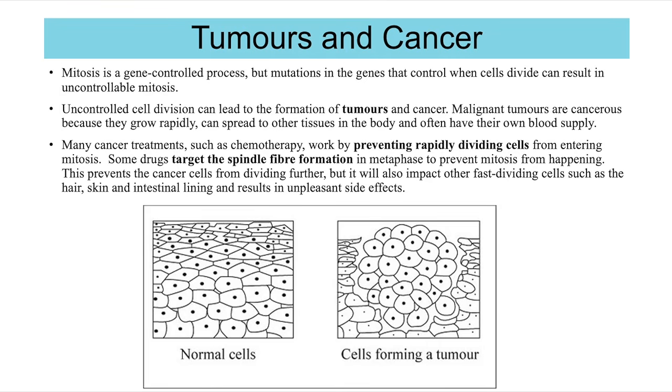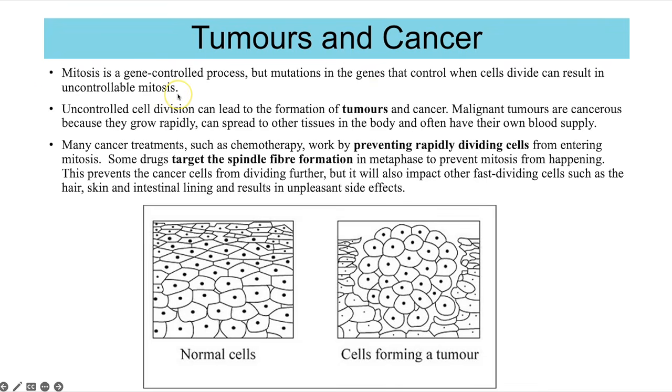And that takes us on to this concept here of what is a tumour and what is cancer. So mitosis, which we're going to be going on to, is a gene-controlled process. And there are genes that produce proteins that help to initiate and to control when mitosis stops, to make sure that new cells are only being replicated when the body needs those new cells. But mutations can occur in these genes that control mitosis, and if a mutation occurs in those genes, the proteins that are produced that are meant to control when mitosis starts and stops may not function, and as a result